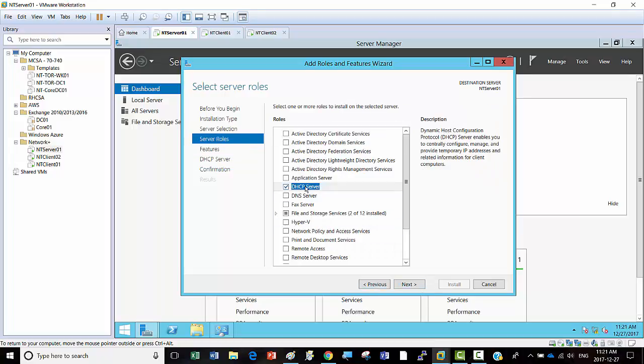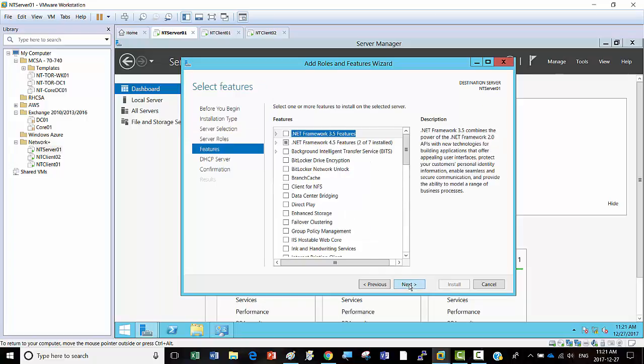You have selected DHCP server, yes? Click on the square, Renato, can you help him? Got it? So please next, next,